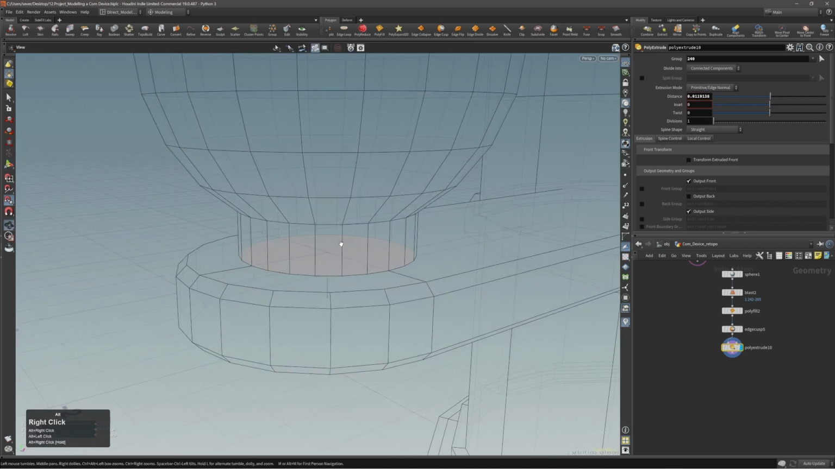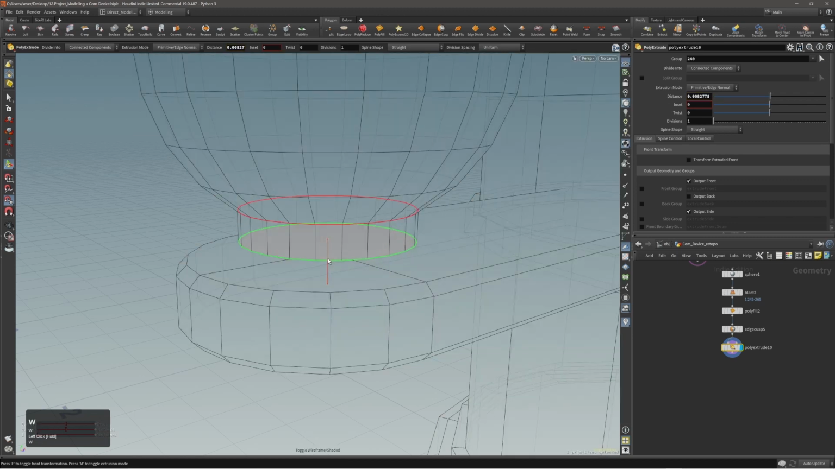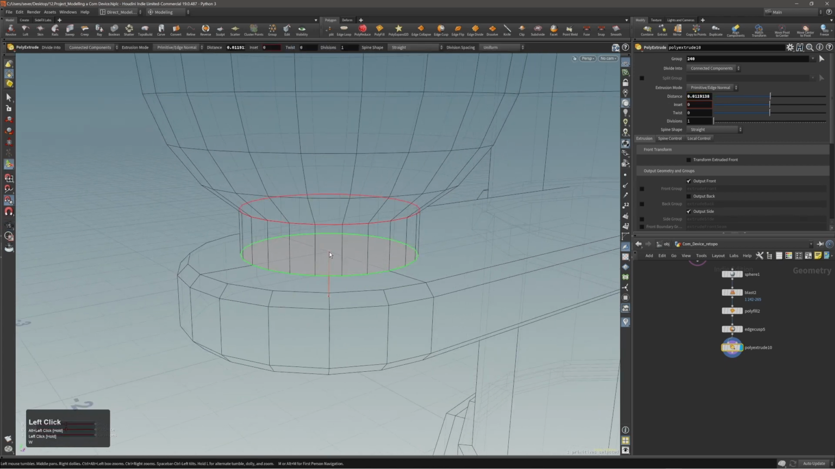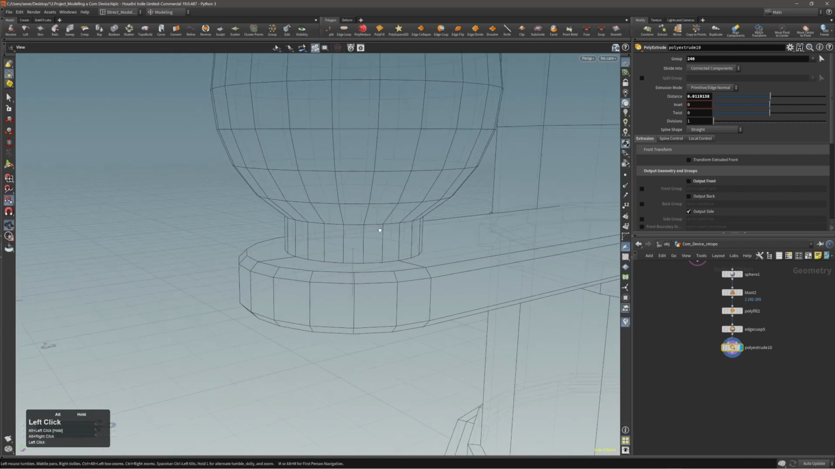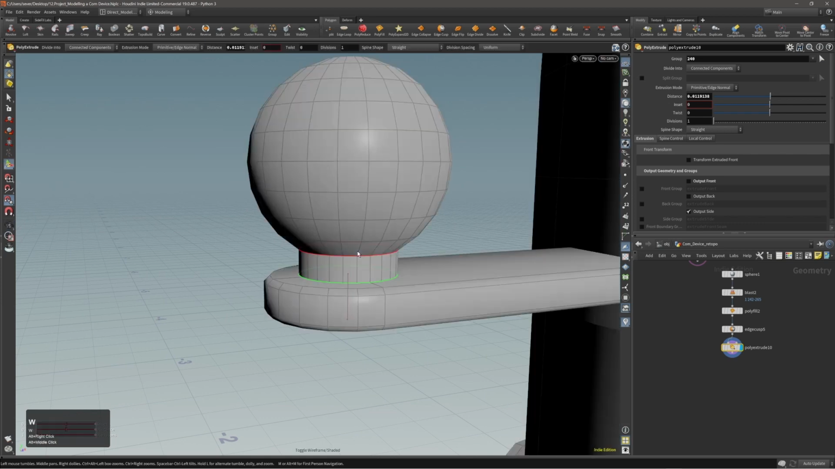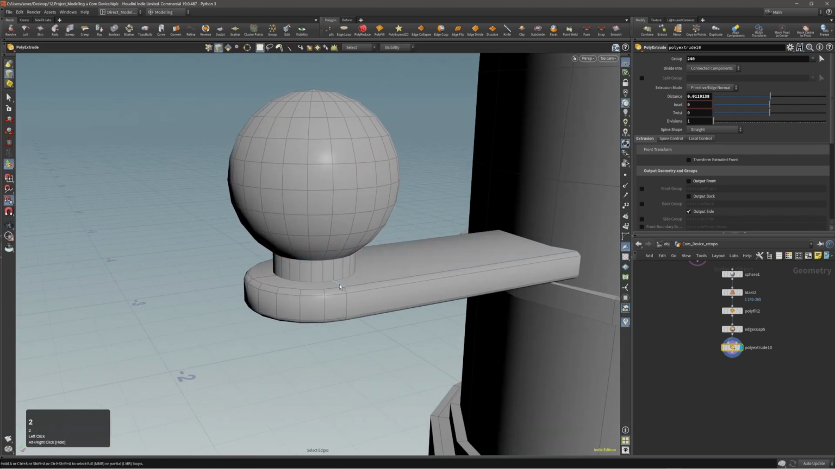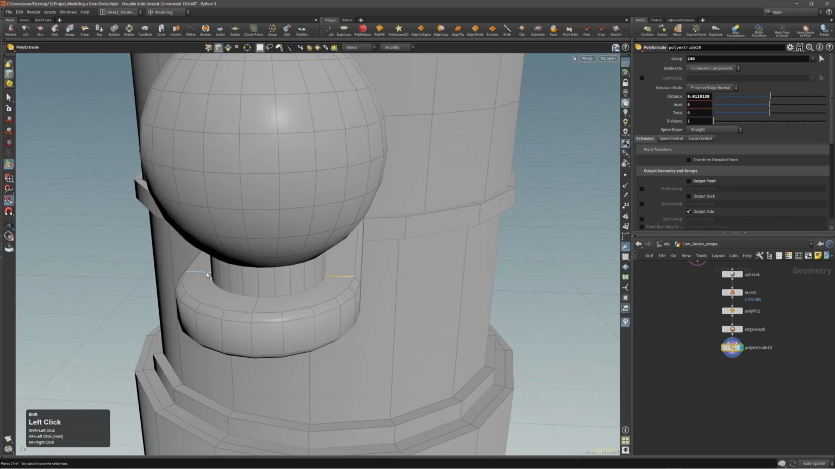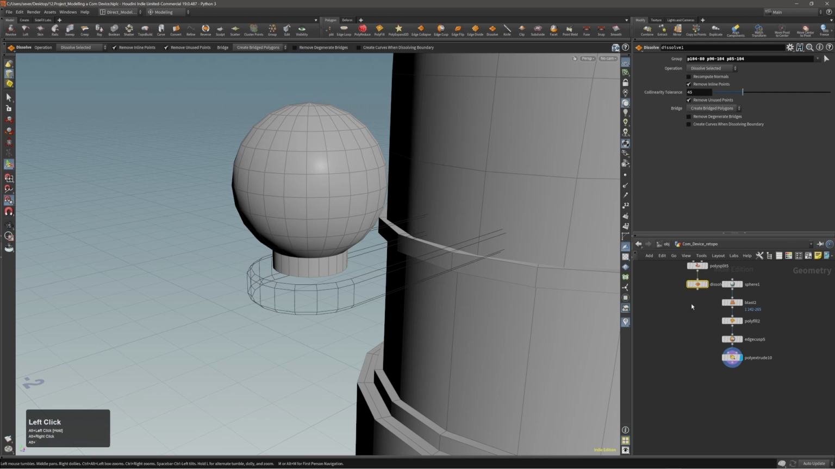Now, if you don't see the point, like I'm not seeing it here, it's hidden over this geometry, just press W on your keyboard to enter the ghost mode, and then you will be able to snap it. And the outward front we don't need, and that's basically it for this part. Now we can delete these edges. And let's make sure